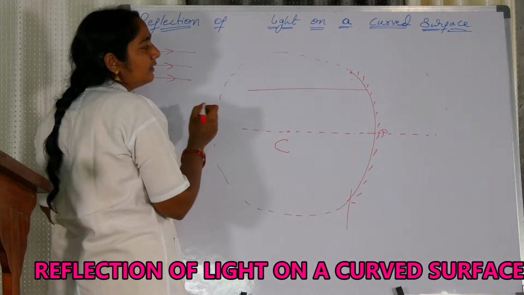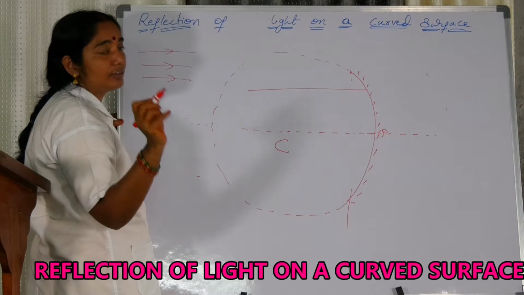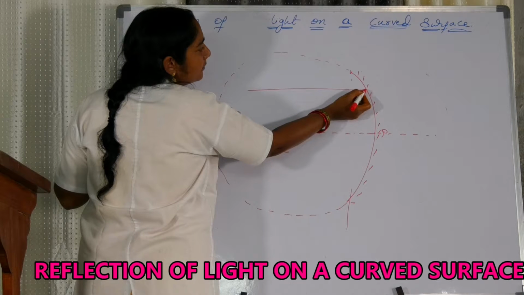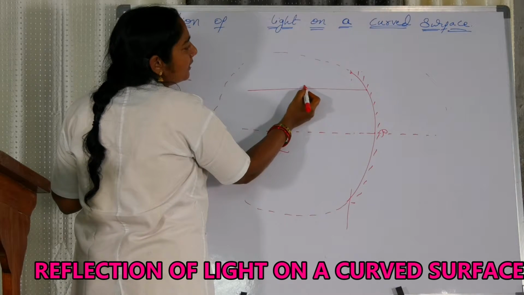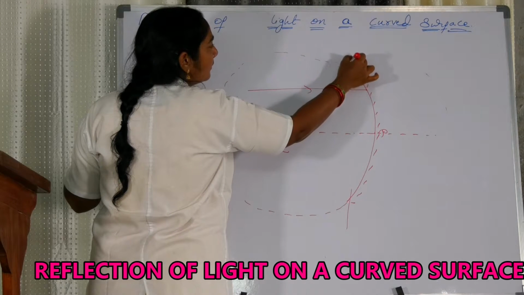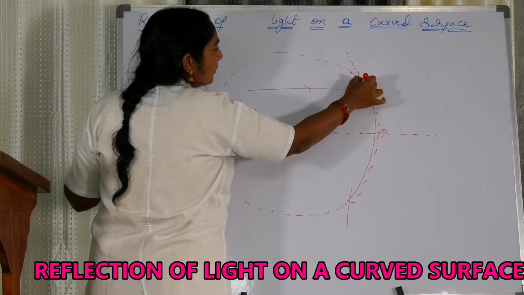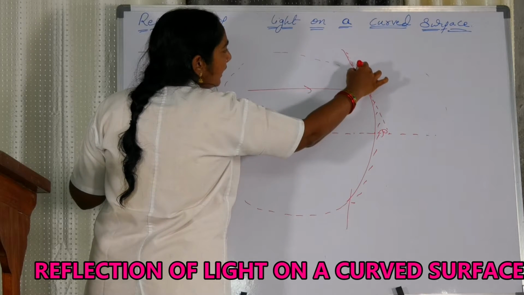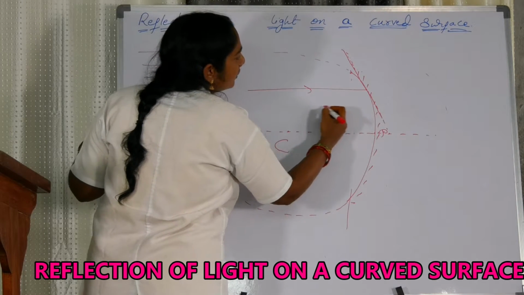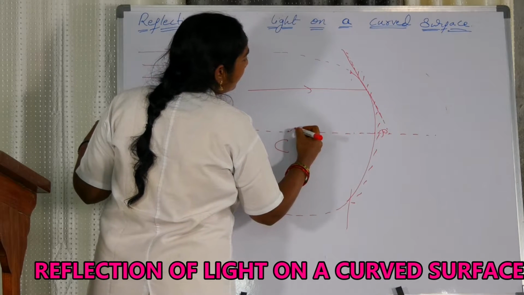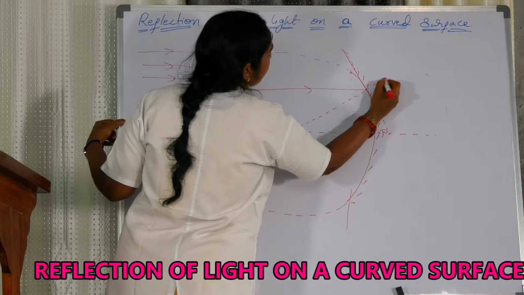So my dear friends, here we have to see again the laws of reflection. Again here also the law of reflection applies. This point is the point of incidence of the ray. The ray is just falling at this point. At this point we have to imagine a normal. First imagine a tangent at this point. So now you are drawing a tangent at this point. To this tangent there is a normal. See, the normal always passes through the center of curvature.